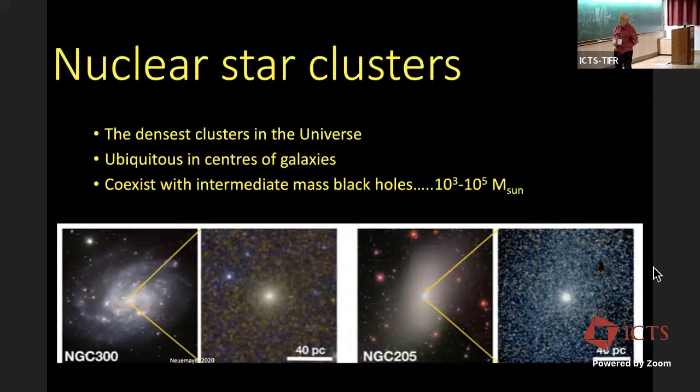And those are dense nuclear star clusters. The ones I'm talking about are much denser than the typical globular star clusters, of which there are several hundred floating around the Milky Way. We have this very dense object in the middle, which may well have formed from the merging of a large number of globular star clusters. I'll come to that in a moment.